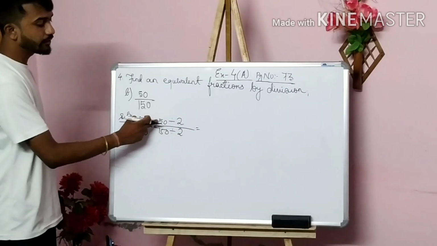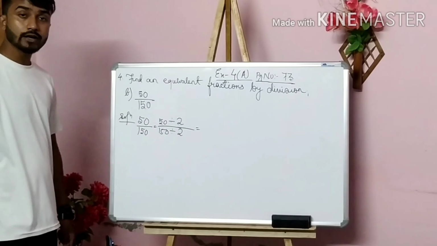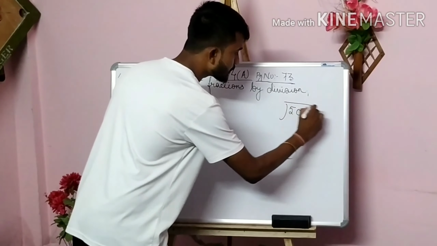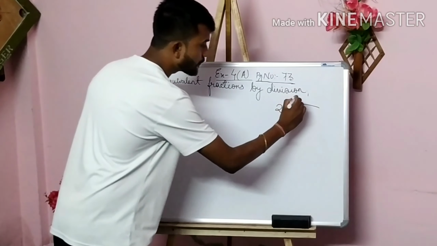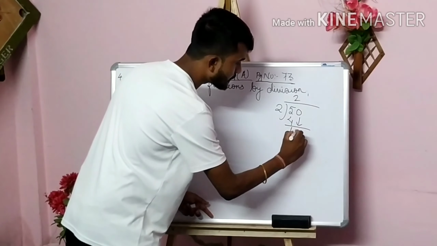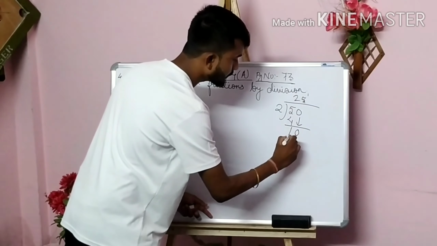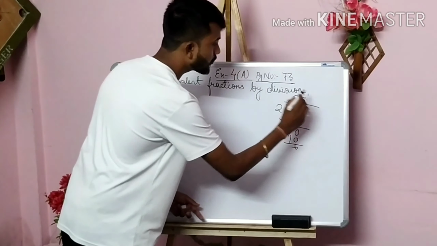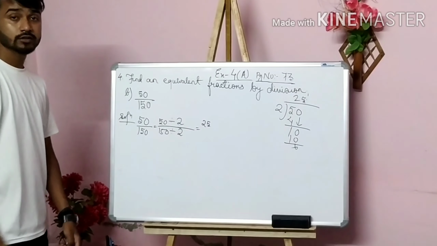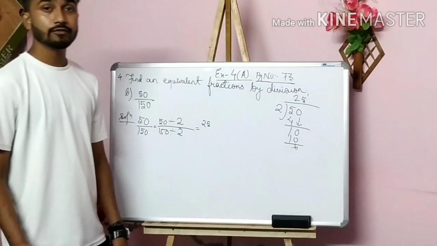So when you divide 50 by 2, what number will you get? I am going to show it here. If you have doubt in the division part: 2 2s are 4. So I have written 4 here. 5 minus 4 is 1. This 0 will come down here. 2 5s are 10. So what number have we got? We have got 25. So I have written 25 here. Any doubt? I think in the division part you don't have any doubt.